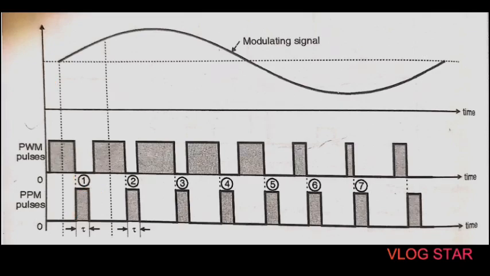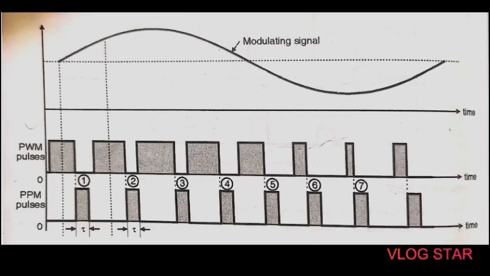So if we want to generate the PPM signal, then we have to first generate the PWM signal, and after that we can generate the PPM. Okay, so there are certain advantages of PPM. The first is, due to the constant amplitude of PPM pulses, the information is not contained in the amplitude, hence the noise added to the PPM signal does not distort the information. Thus, it has good noise immunity.